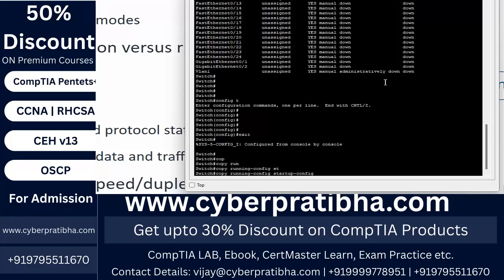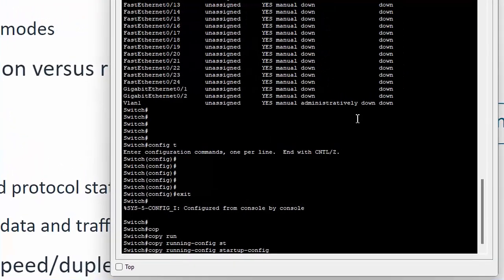Once the running configuration is saved to the startup configuration, the startup configuration will start the switch, and then the startup configuration will be loaded. Okay, running configuration changes into the startup configuration.